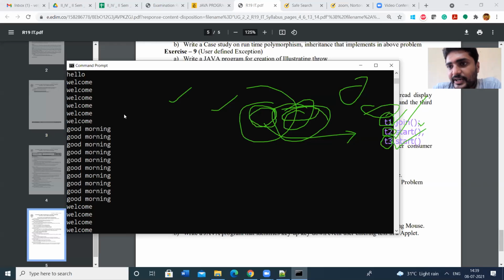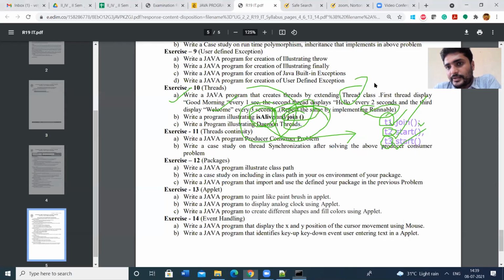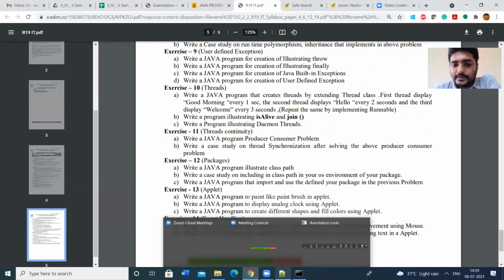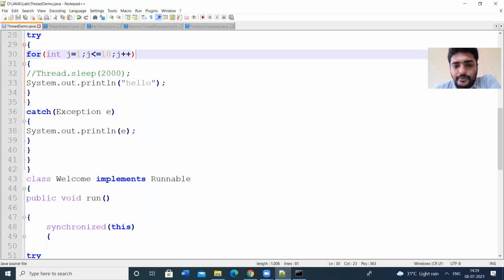After completion of T1 only, T2 and T3 will execute. That is the purpose of the join method. So isAlive and join are very, very useful methods. So let us see the program.